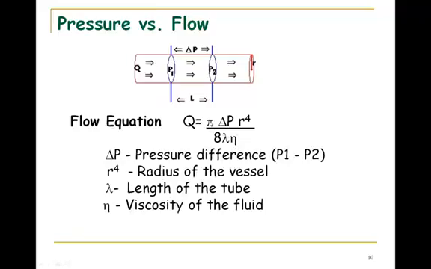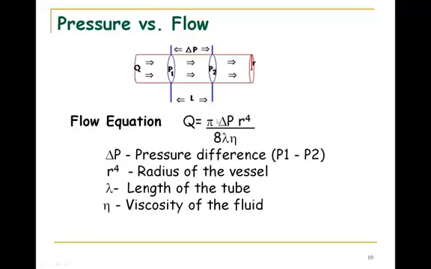So if you notice this equation, the Q is flow, and what we're looking at is the flow equation for an individual vessel. So this applies to an individual blood vessel. Again, I want to state that the flow in your entire system remains pretty constant. It's a steady state. An individual vessel can change moment to moment. So I'm looking at factors that can affect flow in an individual vessel moment to moment. So if you notice the first thing,